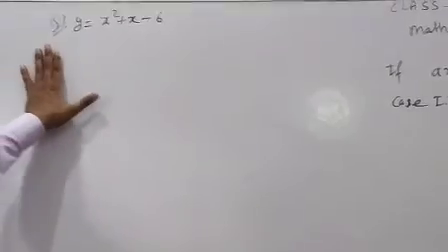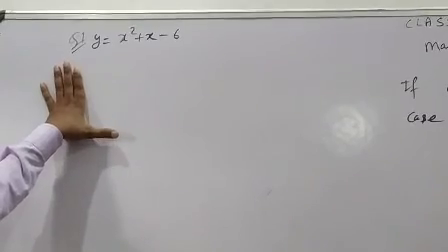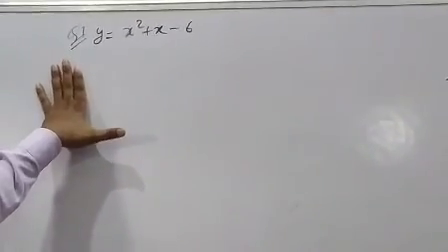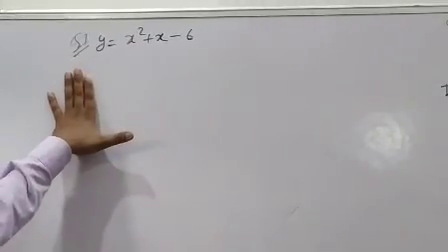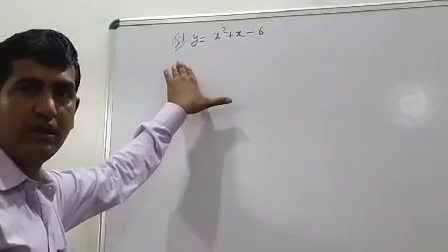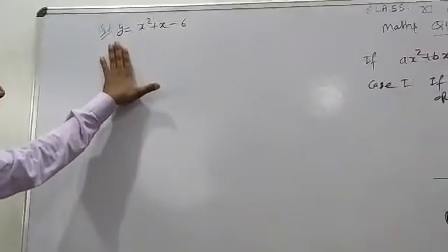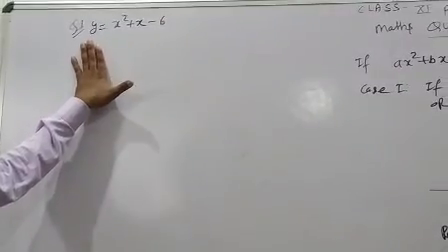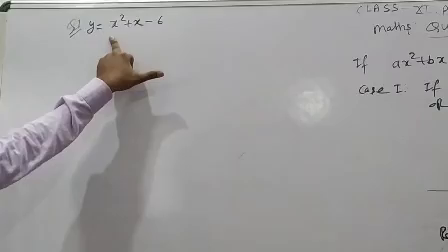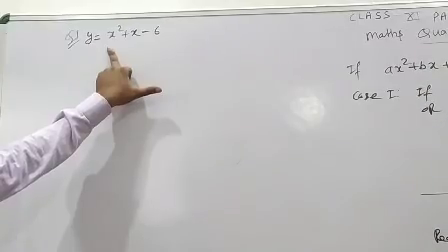Clear? Now see this example number 1. If you understand, meaning you can do one example based on a quadratic equation, how we can draw the diagram, then you can do all the remaining questions, because all the questions are in the form of either a is a positive value or a is a negative value. After that I will tell what is the rule when a is less than 0. Clear?